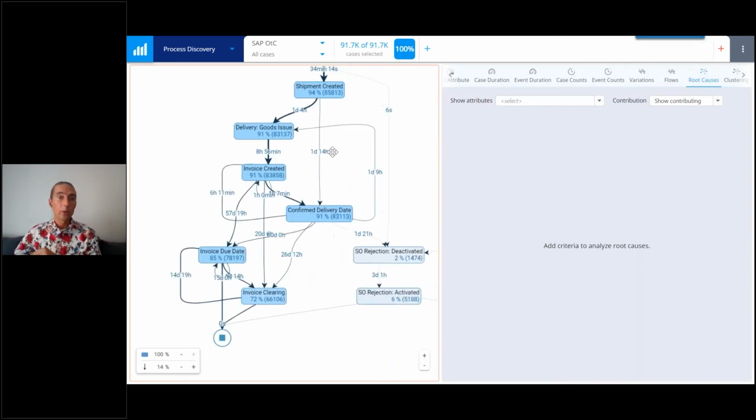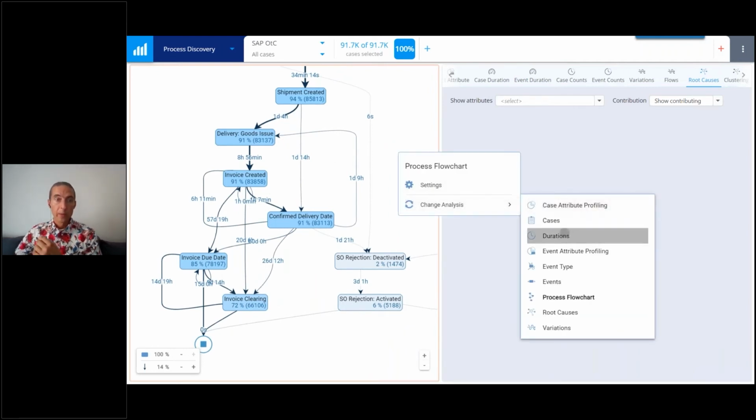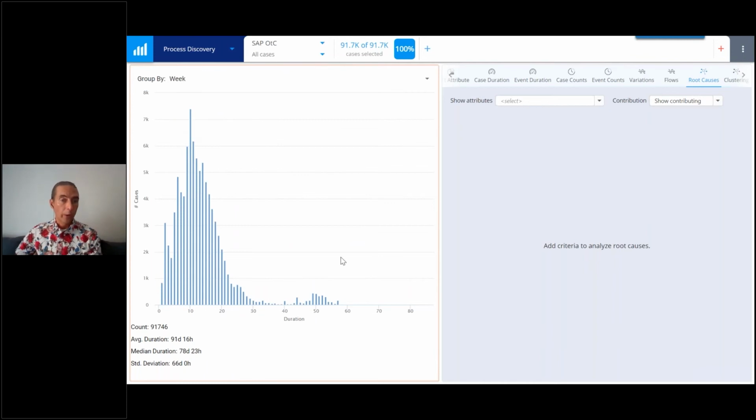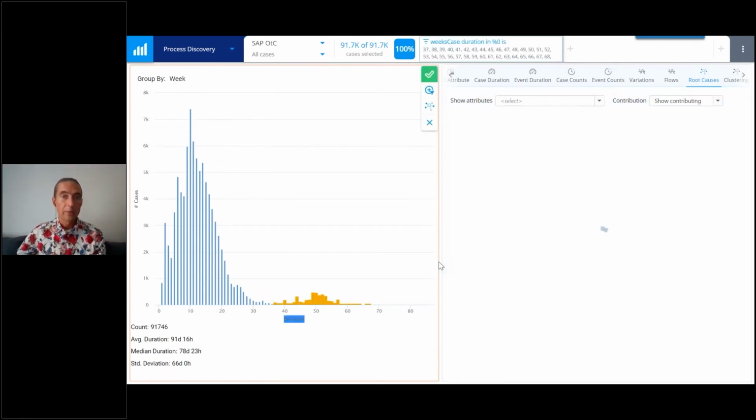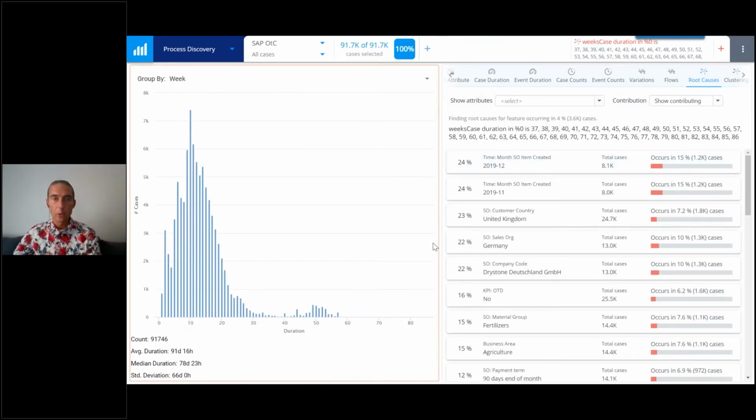And you can do this with all other kinds of problems as well. So I just want to show you one example where you have the process duration, and you can see that, okay, the process is taking a long time, so I can just take these long-lasting cases, make them a root cause, and now you see here that, okay,